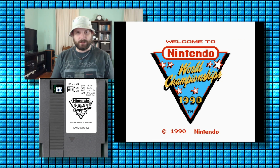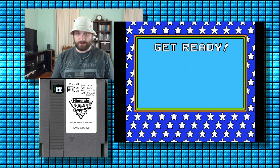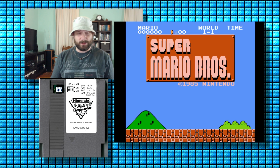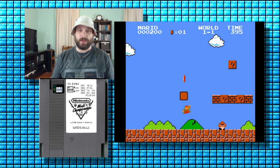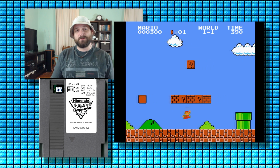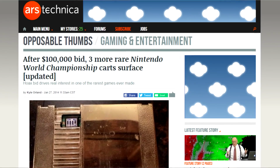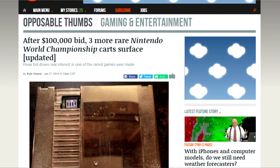The Nintendo World Championships 1990 cartridge, or the NWC cartridge, is one of the most famed collectible items amongst retro gamers. It's what a lot of retro collectors call the holy grail of NES collecting. The more common gray cartridge has gone for upwards of $10,000 on the open market. And the gold cartridge, which is even rarer, has gone for over